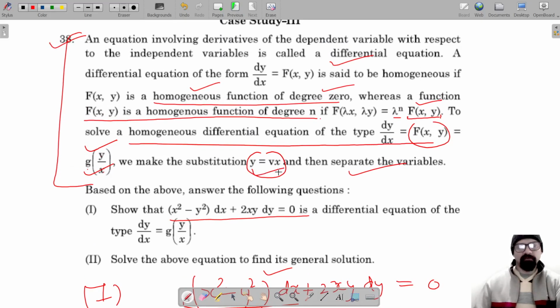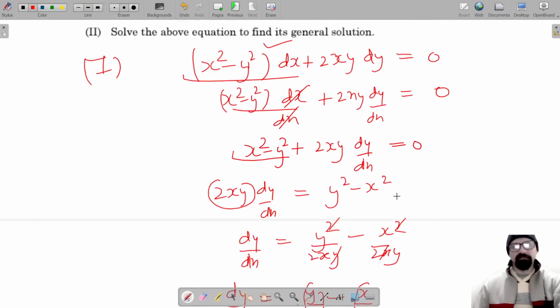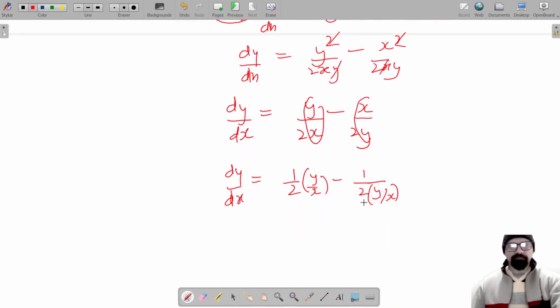So y is equal to vx. So y is equal to vx means that v is equal to y by x. Okay. तो फाइनली इसे हम फंक्शन g ऑफ y/x लिखना है। तो इसे मैंने इस तरह से लिखा।